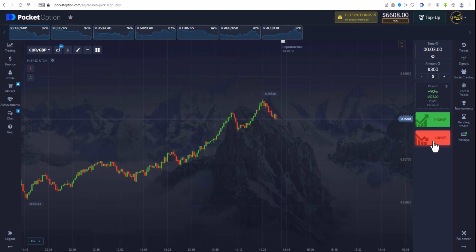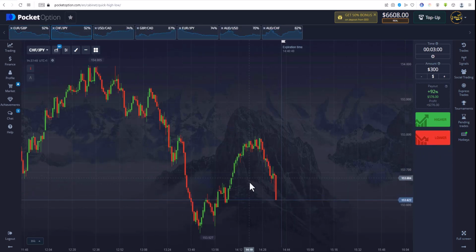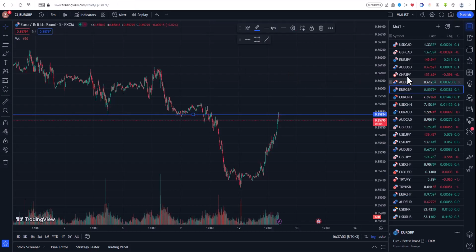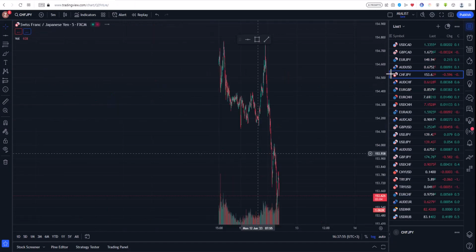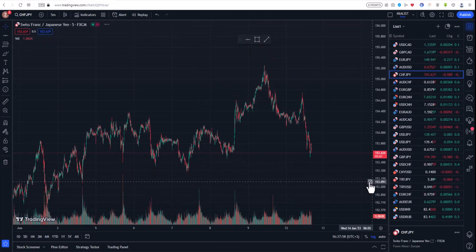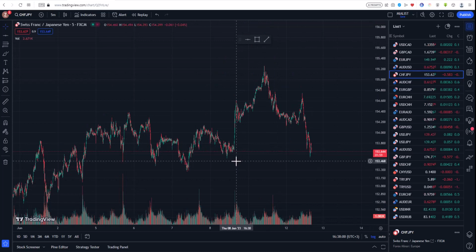Oh, guys, I got carried away and our trade just ended up in profit. We wrapped things up pretty quickly today, so I suggest opening another trade, but on a different pair. Let's switch to TradingView and find our pair. We can see the price has reached a resistance line. Let's mark it on the chart.